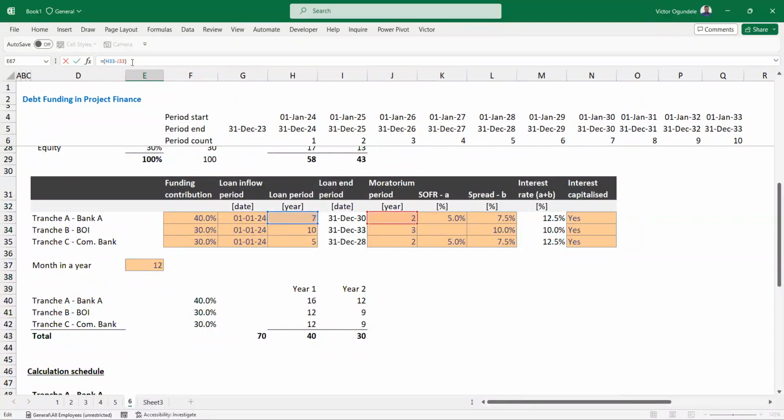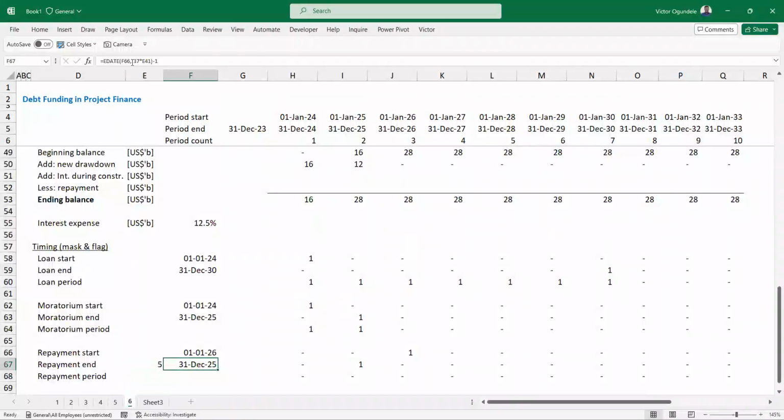So which means that the moratorium period is already inside the loan period. And there will be times where they are different. For example, the loan period is 7 years and the moratorium is 2 years, so that means the addition of it is 9 years. But most times they usually do a loan period of 7 years, and your moratorium is also inside it. So you deduct your moratorium period, and what you have left is the period you are going to use to